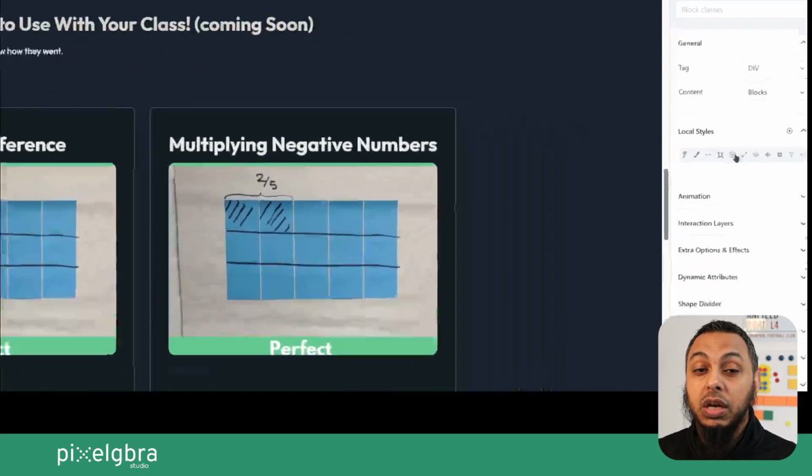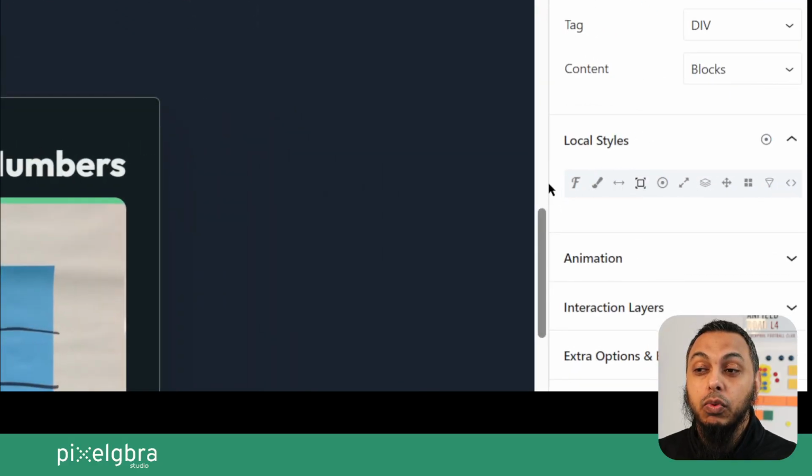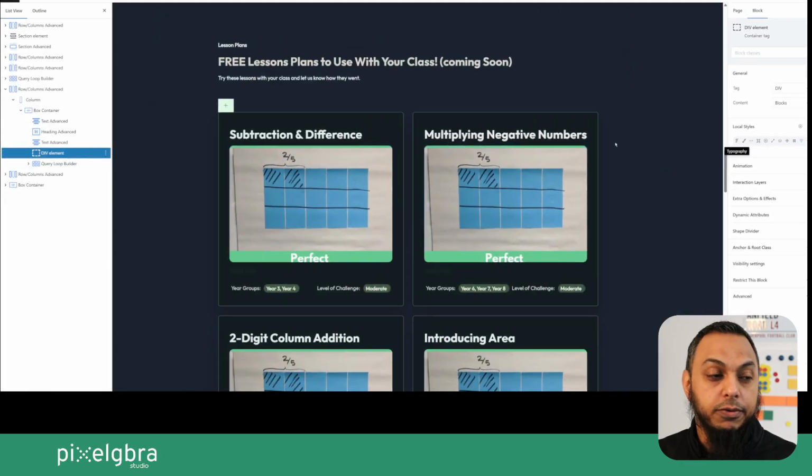that the local styles here are so much cleaner and easier to use when it's like this, and it's less movement of your mouse, right? So you don't have to keep scrolling up and down. It's all here in the tabs, and it works really well. Anyway, let's go back to our focus, which is to add a filter,